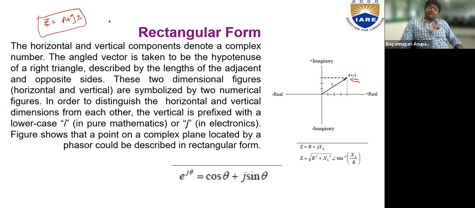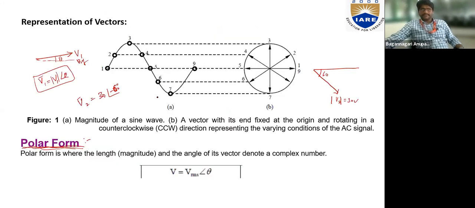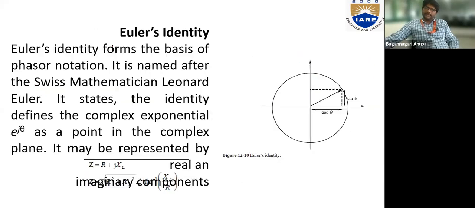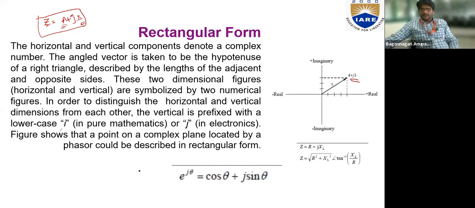Fine. So what is a and what is b? A is the real component and b is the imaginary component, right? And how do you get to this value? Suppose the same vector which you considered in the previous example, let me take the same thing. If this is the case, I will use the same example for representing in a rectangular form. So what was the expression that was considered?